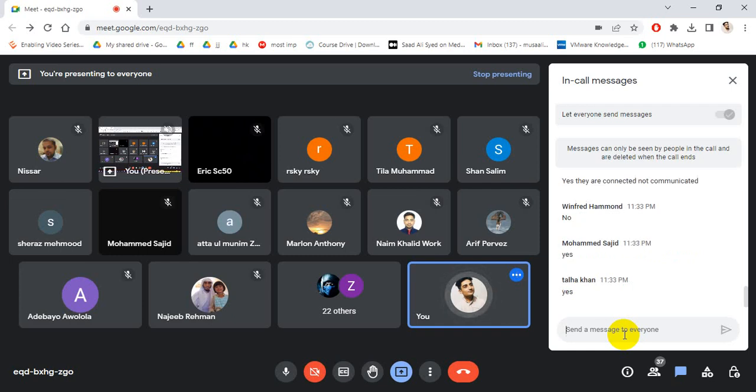Who said no? They are correct. Who said yes? They are wrong. Why? Because network means the devices should be connected as well and they should communicate as well. Now look at this. Arif Parvez's answer is perfect. He said connectivity plus communication is network, and this is the perfect answer. I also defined this: network means connectivity plus communication. If there is connectivity but no communication, they are not part of a network because network means devices should be connected